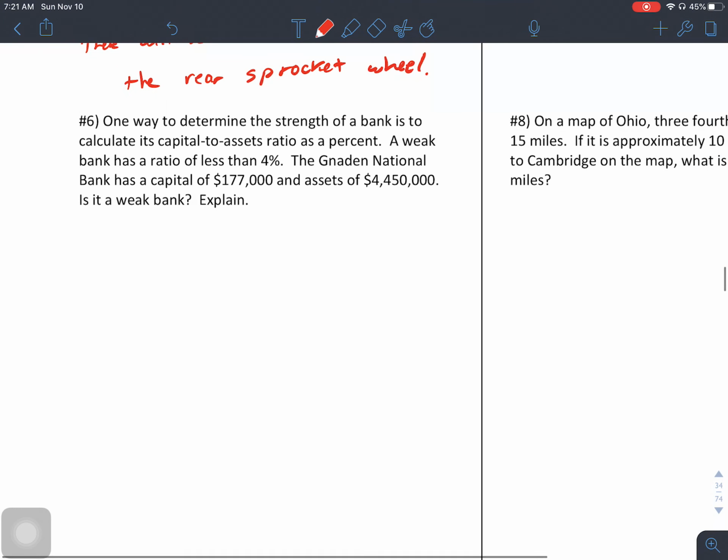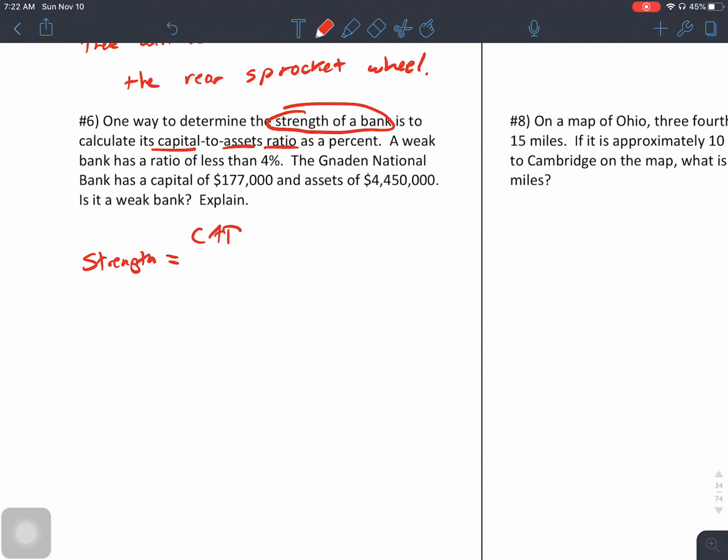Number 6. One way to determine the strength of a bank is to calculate its capital to assets. This is a ratio, noted by the word ratio, as a percent. So the strength is to calculate the capital to